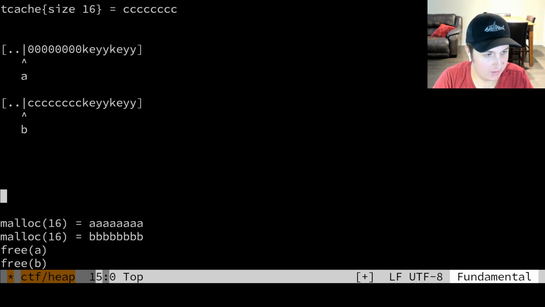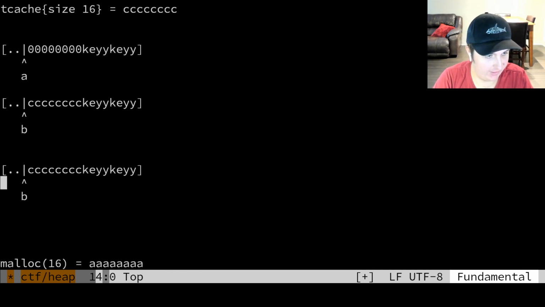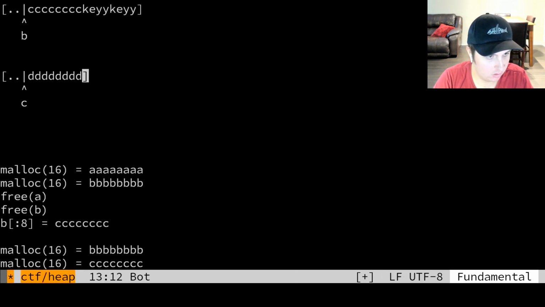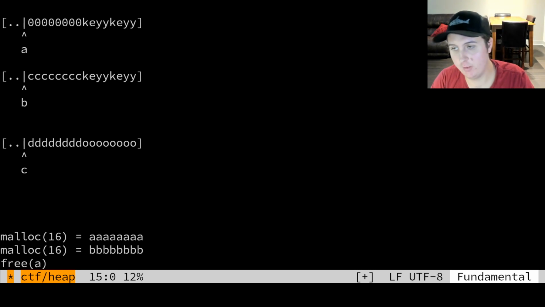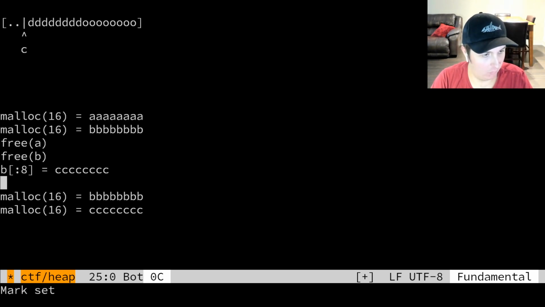Let's assume this fake chunk that we've just created, which we're going to call C, has a 0 there. Whatever. This fake chunk that we've just brought into existence by overwriting the first 8 bytes of B with C's